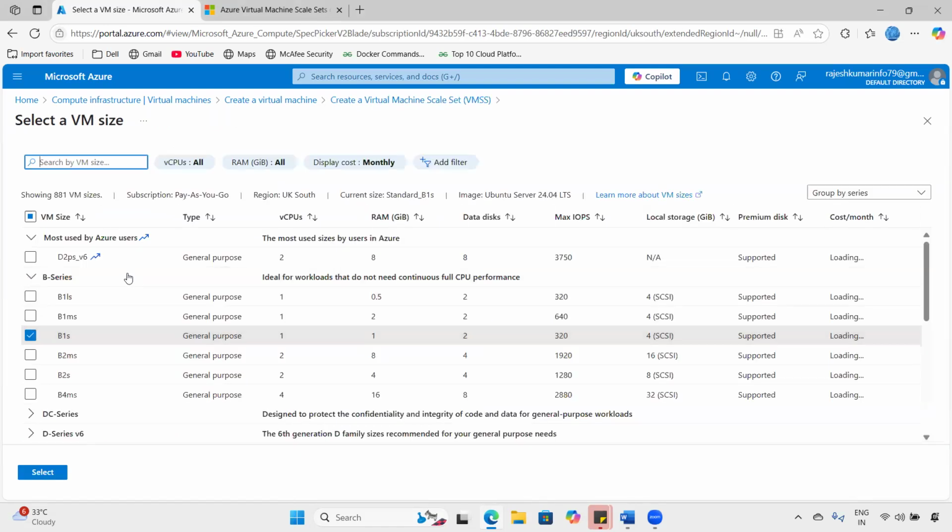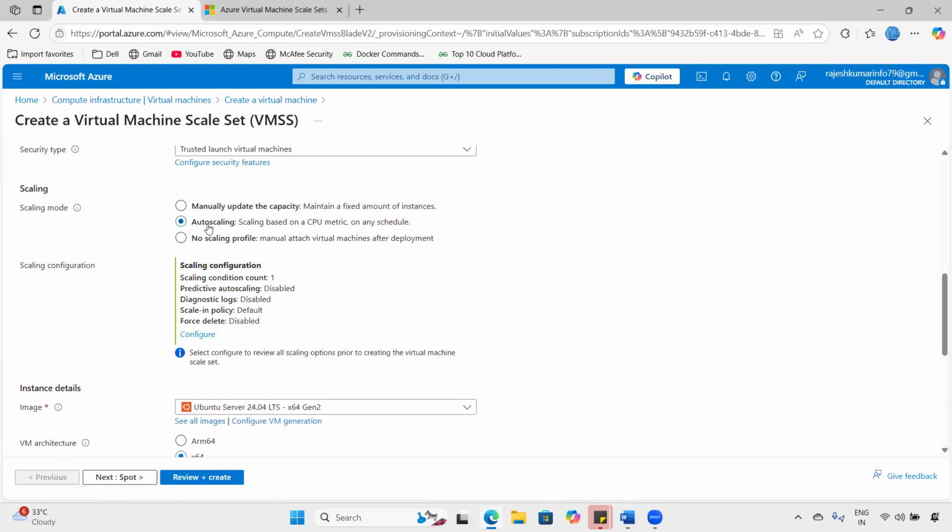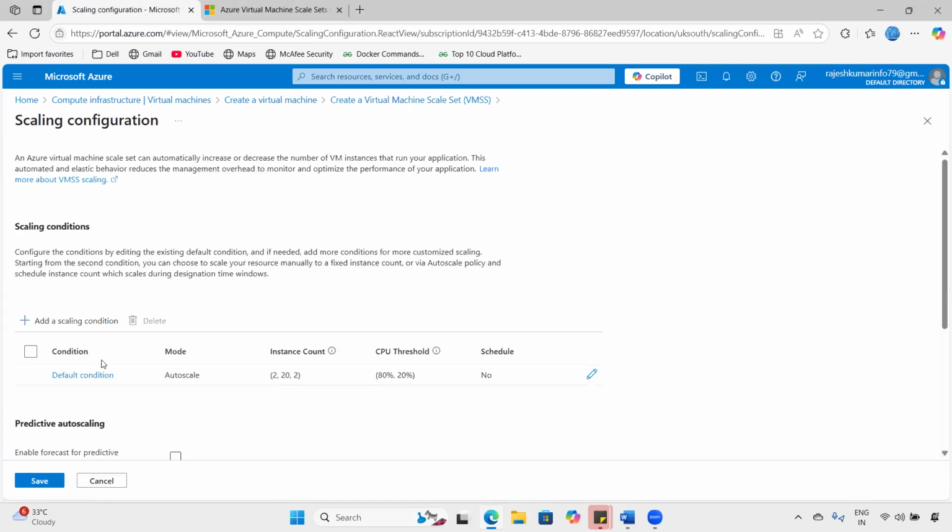So you can just choose the size from here, and accordingly the vertical scaling is going to work. But we will go with the auto scaling option. I will choose the auto scaling feature. In the auto scaling, you have to select these options. So what you can do, you can just click on configure and you can give the rule sets. There is a default condition by default. You have to just edit this one,